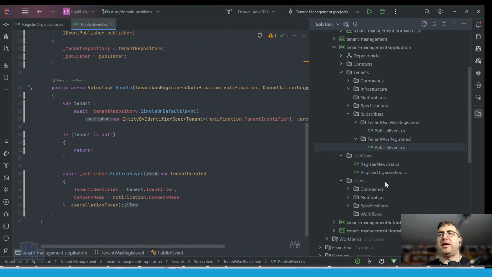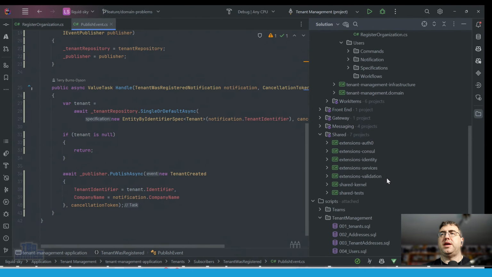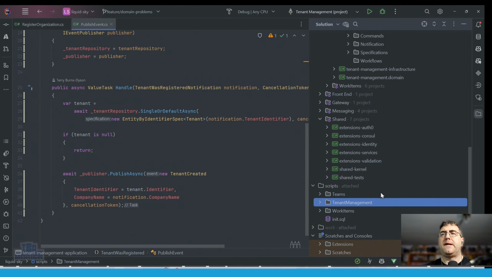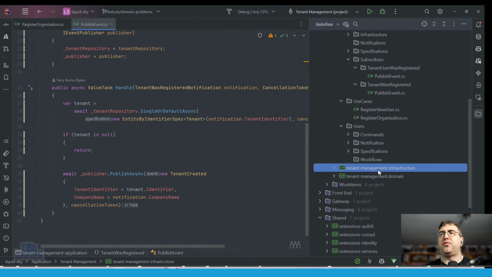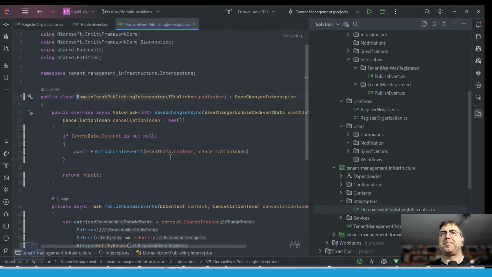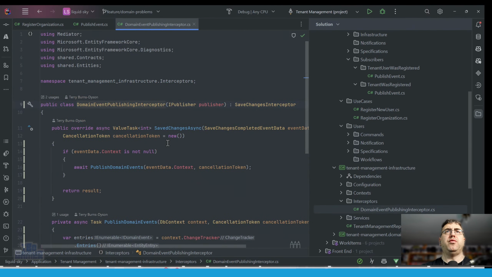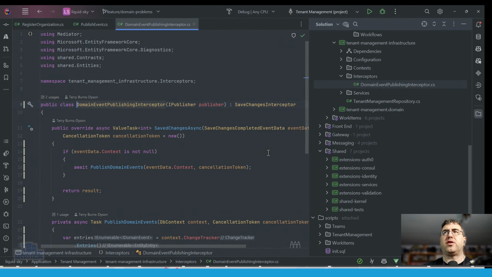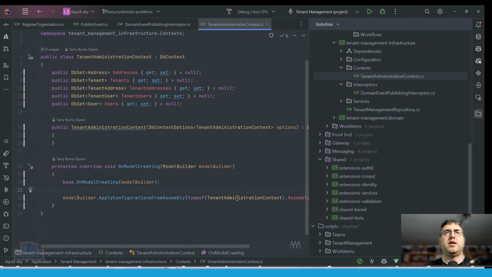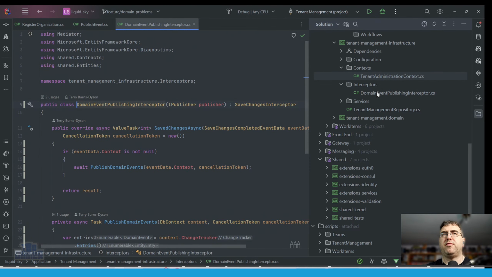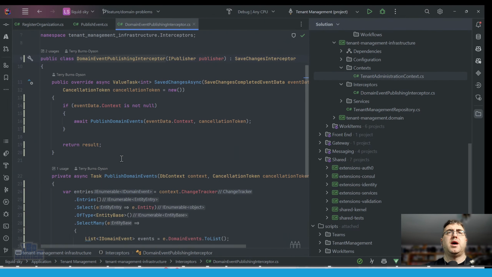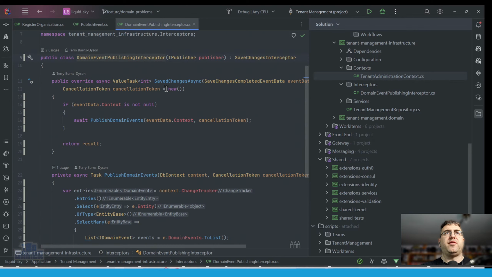So it's the downside to having the interceptor, right? So if we go to here, and this actually can move, I think, to a shared kernel because this will be used again and again and again, right? So we register this at the time we configure the context, and all this does is says, okay, when I call save changes,